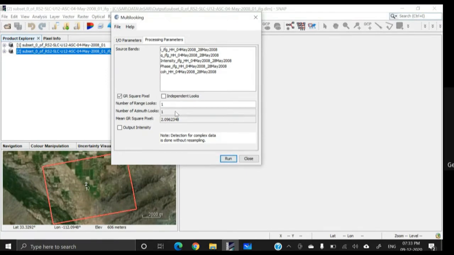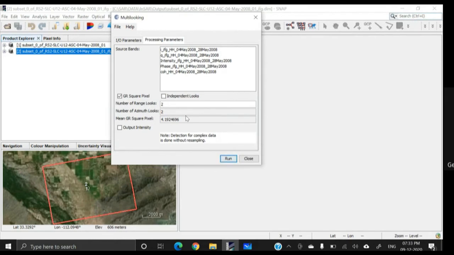Then why are we applying the multi-looking? Basically, we shall average, say, 2 by 2 pixels, and this averaging will ultimately reduce the noise in the DEM, meaning certain height fluctuations can be minimized.